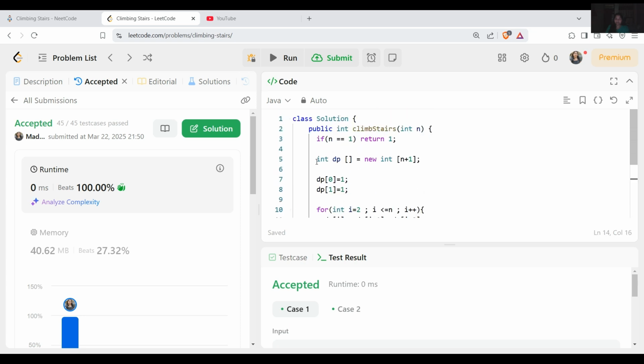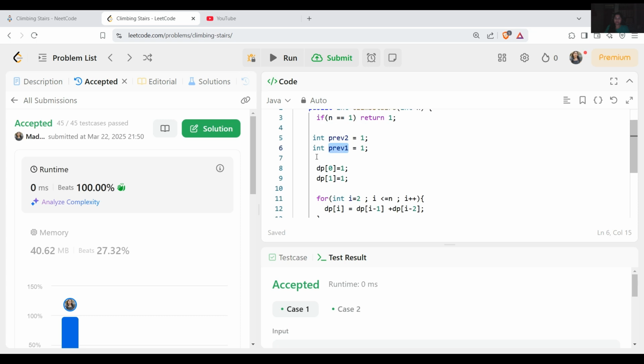Let me show this. Instead of doing this, we'll remove this. We'll keep here int previous two equal to 1, and int previous one that will also equal 1. Basically these store the ways to reach n minus 2 and n minus 1, and we don't need this value now, so let me remove it.